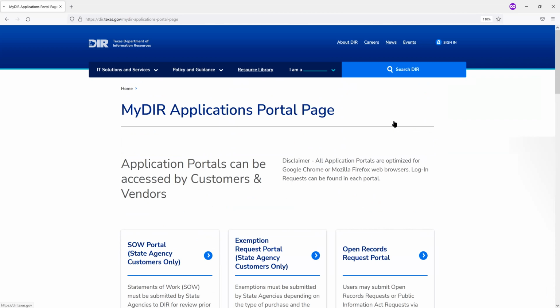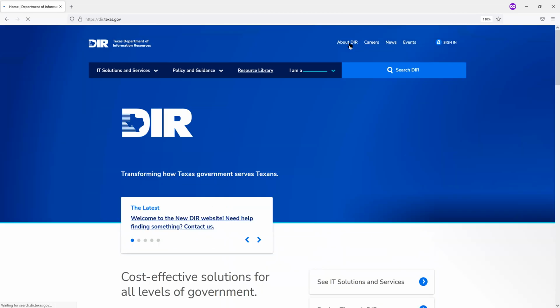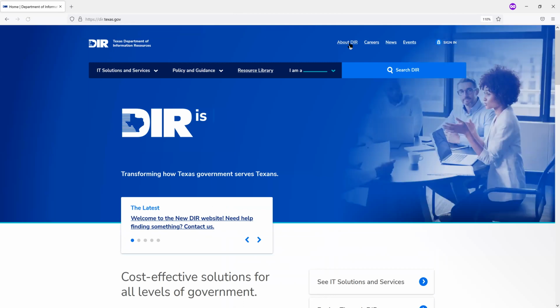You'll also notice up here we have four links at the top. If you wanted to learn anything about DIR or its policies and things of that nature, it will be in the About DIR. Careers, upcoming job postings and things that are available will be here in the Careers tab. News is updated on a regular basis by our PDO group.